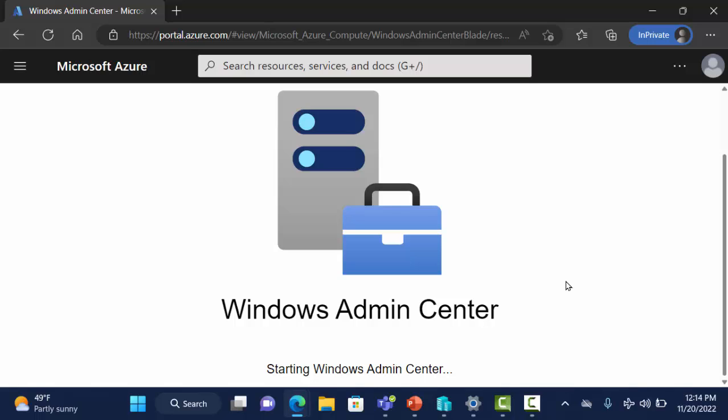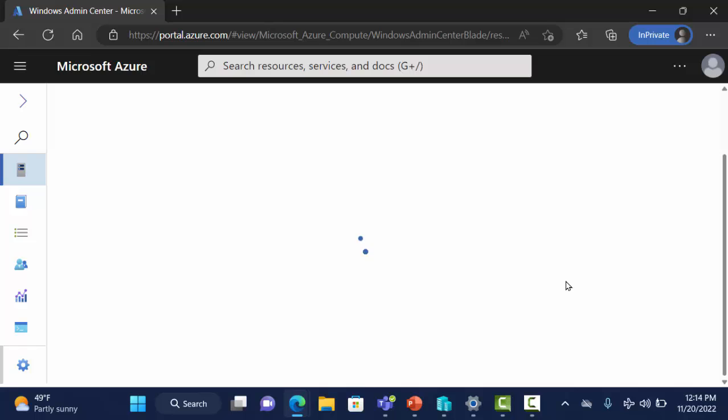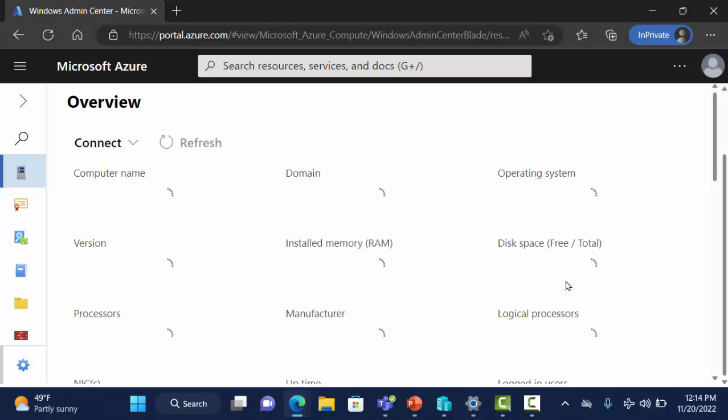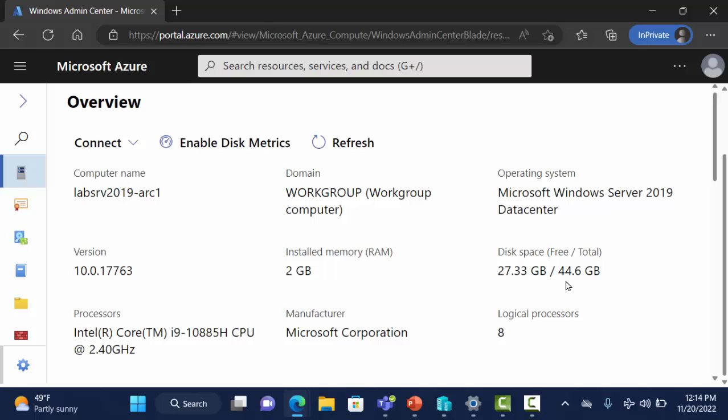Also, there are ways very easily. So I'm doing this one server at a time. That's my lab environment, just one or two servers here and there that I play with. So I'm not worried about enabling this for 1,000 servers at a time. There are pretty decent, easy ways to do that, right? If you're in that scenario, same thing. You just need to get the extension deployed to those servers. But here's Windows Admin Center loading up. And so the rest of this, again, is just clicking through, showing you what's in Windows Admin Center